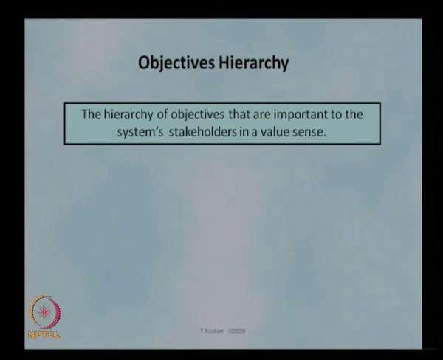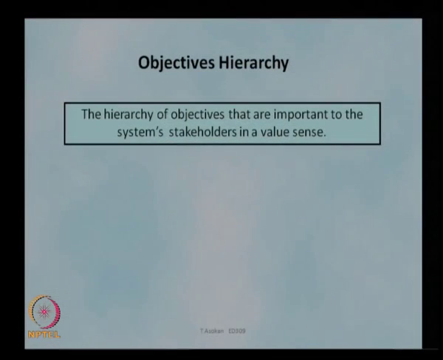But since there are many such objectives, it is impossible to give equal weightage to all of them. What we need to do is to have a proper hierarchy of the objectives, identify which sub functions contribute to the main objective, and give a particular hierarchy or weightage to each objective. Then at a later stage, if we want to make a trade off between cost and efficiency, or the power requirement, the weight or other physical requirements, we can use this as a reference to make sure that we really meet the objectives without compromising on the customer's requirement.